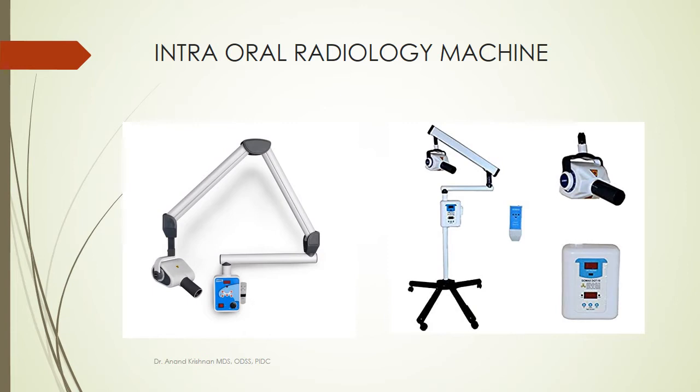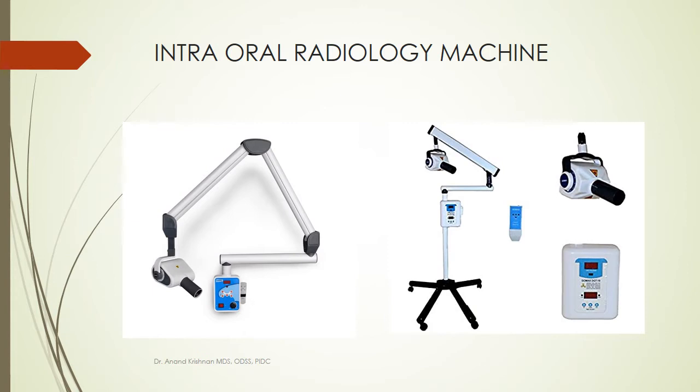Keep in mind that the tube head is going to be very heavy because it is lead coated, and it has a protective layer with insulating oil, so it's going to be quite heavy, and these arms tend to dissipate that weight, so it is easy for the operator to mobilize this tube head around the patient. So this horizontal and vertical arm, and finally on the right hand corner end, what you see is called a control panel. And this control panel is where you are going to do the settings, that is you are going to measure the time of exposure. In terms of intraoral radiology, you are going to measure the time of exposure.